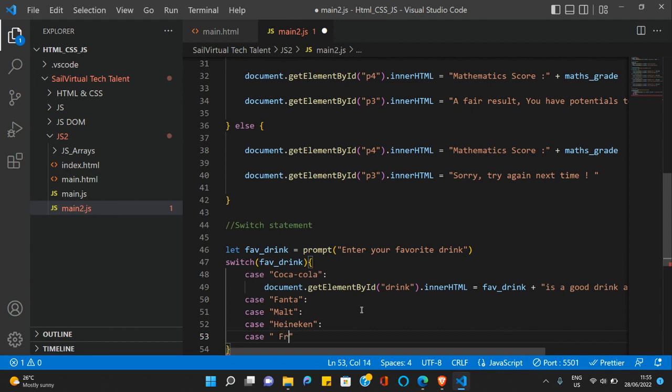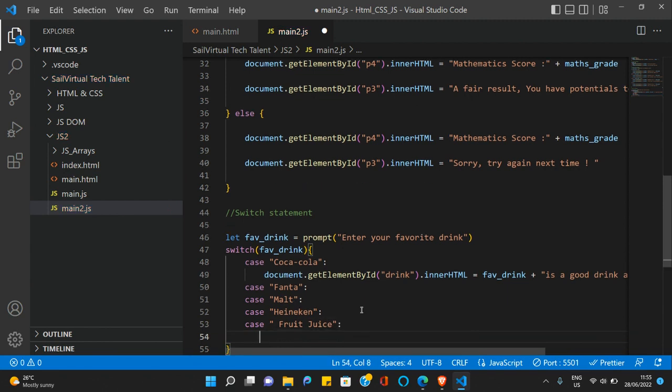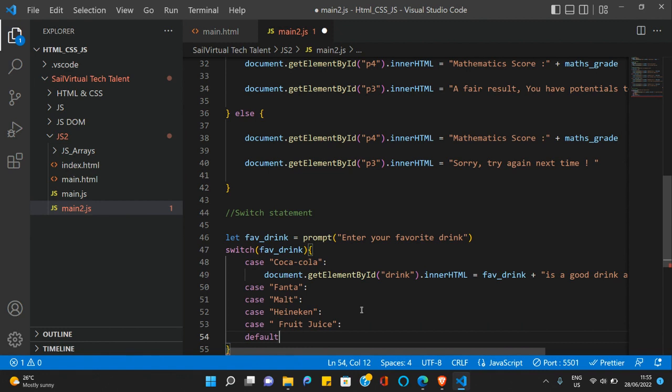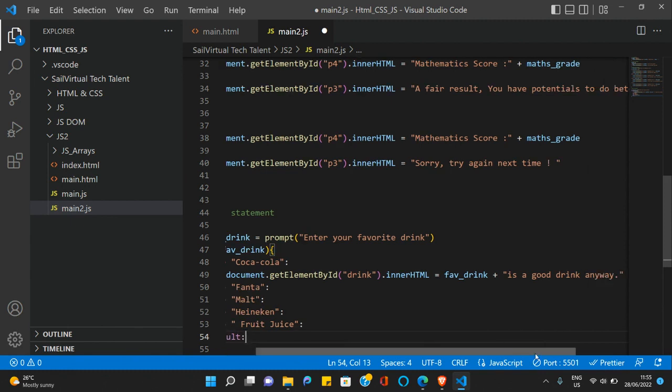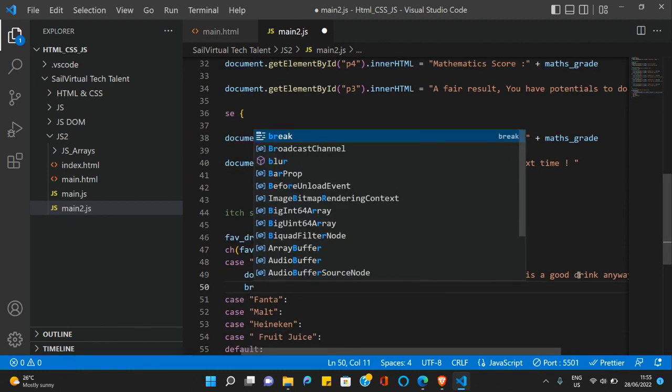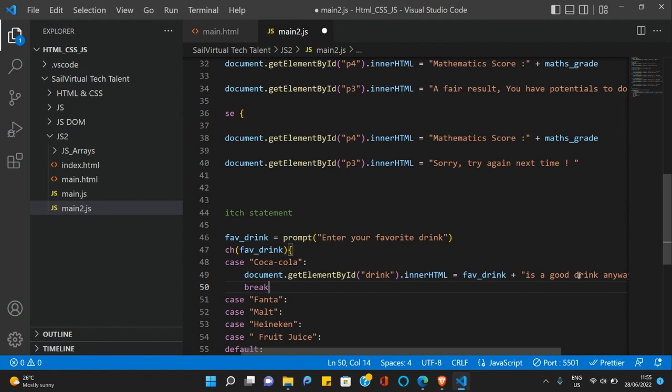Just call the last one fruit juice. And would have a default. So after this, would have a break keyword here, which would actually break the flow of the program if this case was true. So for the Fanta would have,